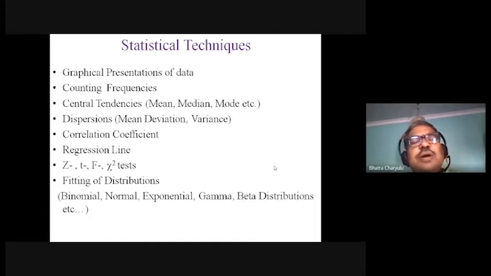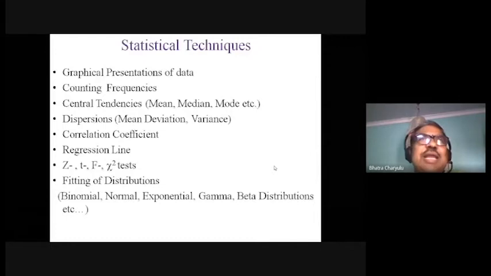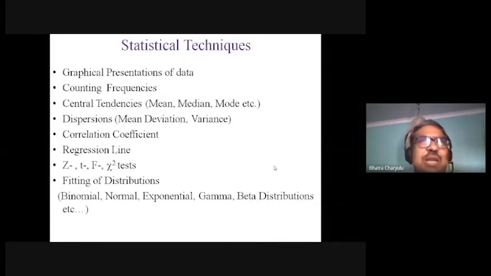And there are some statistical techniques of fitting statistical models, like a regression model, maybe a simple linear regression, or multiple linear regression, or a non-linear regression, or a logistic regression, or a logit model, or a probit model, etc. Or it may be some probability distribution model fitting, like binomial or Poisson or negative binomial, or normal or exponential, or log normal, so there are various other probability distributions,